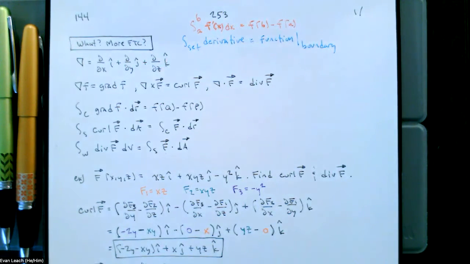In vector calculus, we expanded the idea of the derivative by inventing this del operator: partial with respect to x i, plus partial with respect to y j, plus partial with respect to z k. We can apply the del operator to scalar functions and also to vector functions. It shows up just like multiplication. So with scalars, it just shows up like multiplication. We have del f, and that told us the gradient of f. When we apply the del operator, a vector, to a vector field, also a vector,